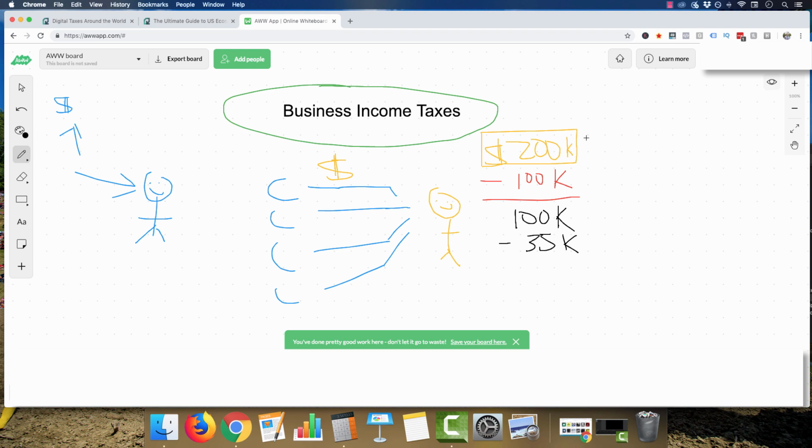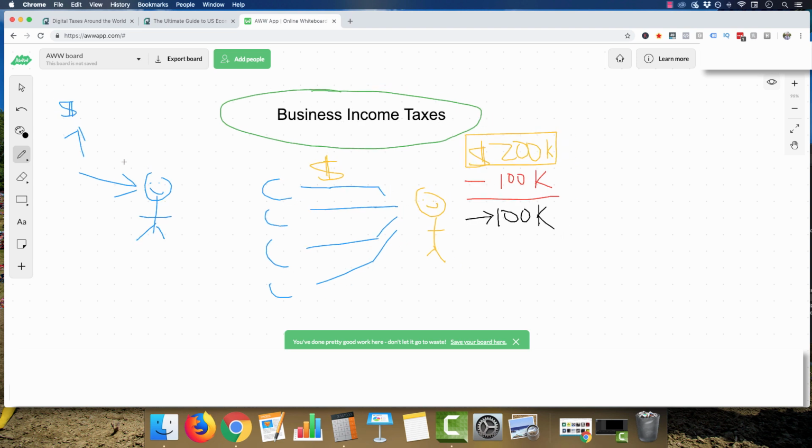Say you're doing drop shipping or something and you had a similar type of thing here. You had $200,000 come in at your store. You had to spend 100 between product costs and advertising, and I know that there's specific laws in regards to the actual products. Consult a CPA to figure that out. I don't do drop shipping, so I don't know any of that stuff. But either way, let's say you profited 100 grand. That 100,000 that's left, that's what you're going to be paying income taxes on, just like this guy over here